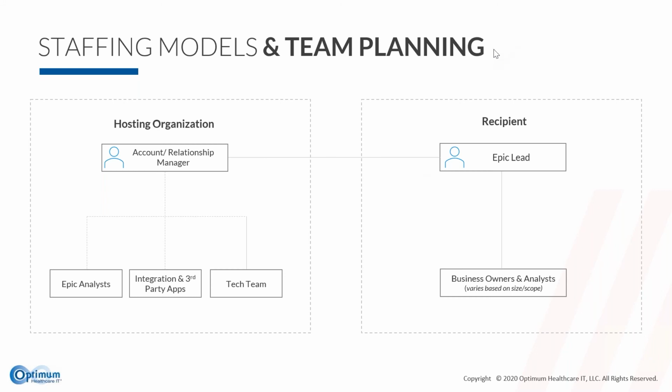So here's a pretty basic picture of how to start to think about your org structure. And I did try to keep it very simple because there are a lot of variations, and the full picture is going to vary pretty greatly based on your current structure, and then on the type, the scope, the size of your Connect program as well. But the piece I think is super important here is that account manager role that you see on the left-hand side. And you can call it a bunch of different things. It is called a lot of different things, but in general, it's often a new and different role than most of you have in your Epic team prior to a Community Connect program, and pretty important to manage your implementations